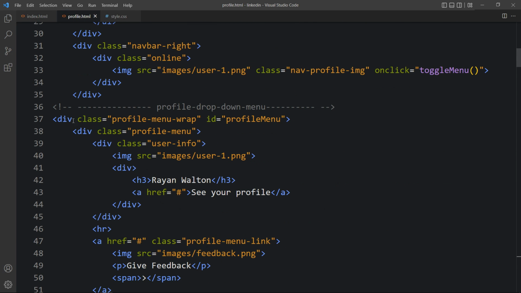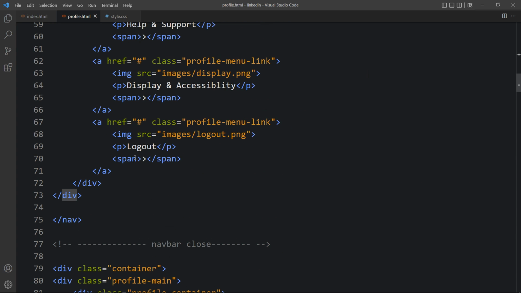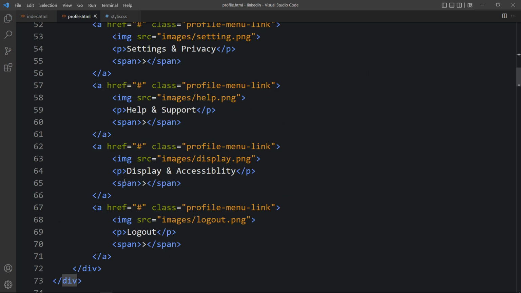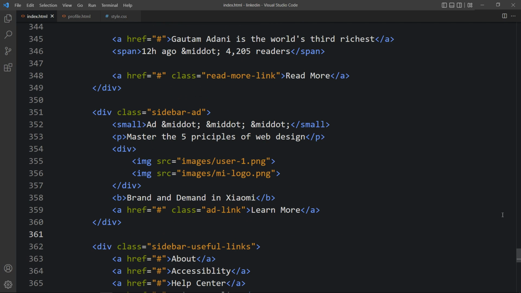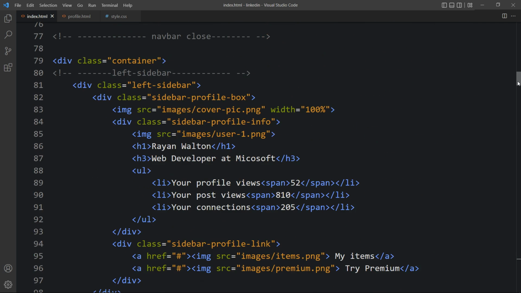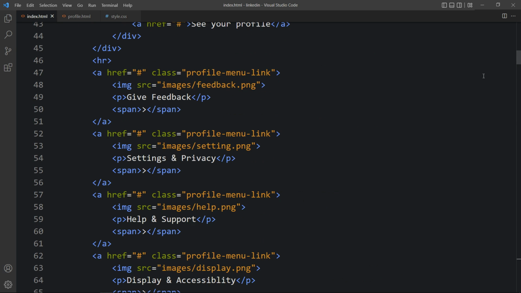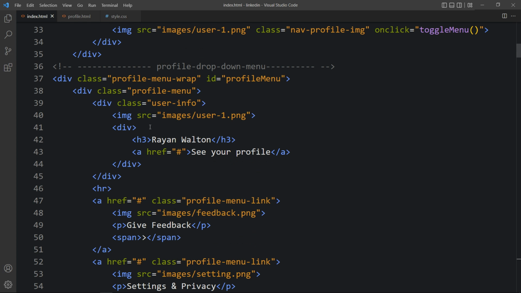and come to the top where we have added the drop down menu. So here it is. We have added see your profile link. So in this href we will add the file name, that is profile.html, like this, and come back to the home page also. And in this home page, here also we have the same thing, which is see your profile in a tag. So in this href again we will add